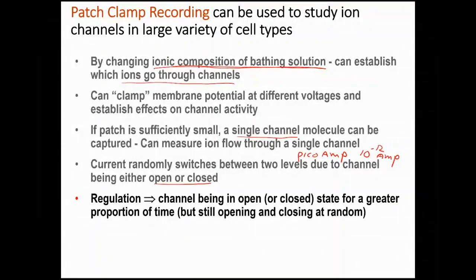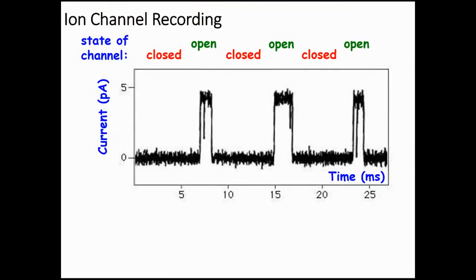And of course, you can also see what's going to regulate it. What kind of chemicals or conditions regulate whether the channel is open or closed, or whether there are factors that keep the channel open or closed for a longer period of time. So in ion channel recording, you can study the state of the channel, see what the change is when you're recording, and add different factors that increase or decrease the amount of time it spends open or closed. Keep in mind with all channels,